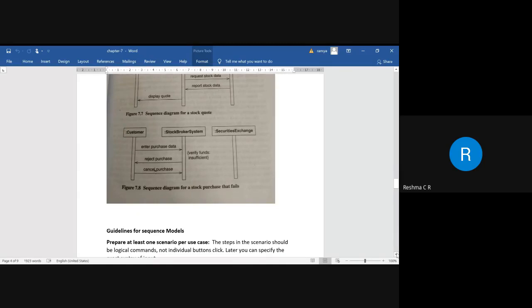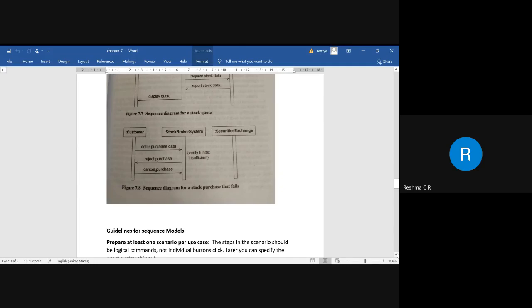The customer enters a purchase of stock, and it goes for a verification of the fund. Say he is purchasing stock worth 5,000, but he may not have a sufficient amount of 5,000 in his account. So what happens there?